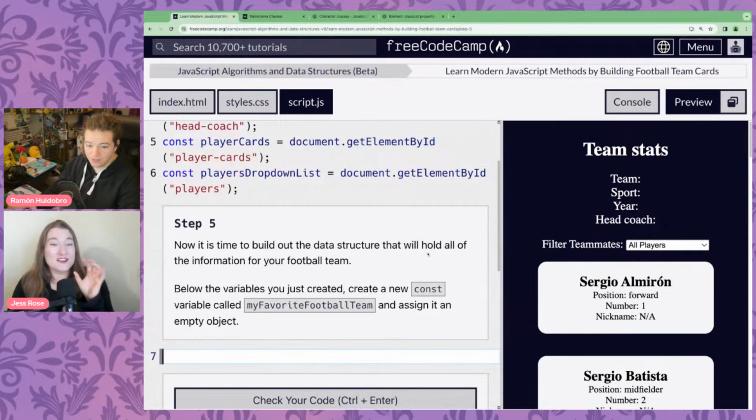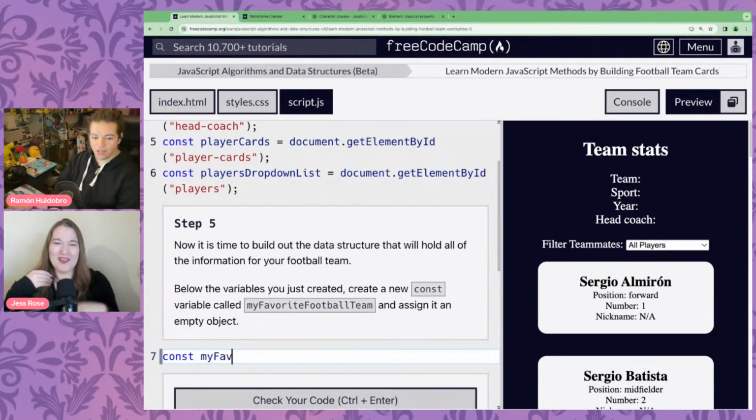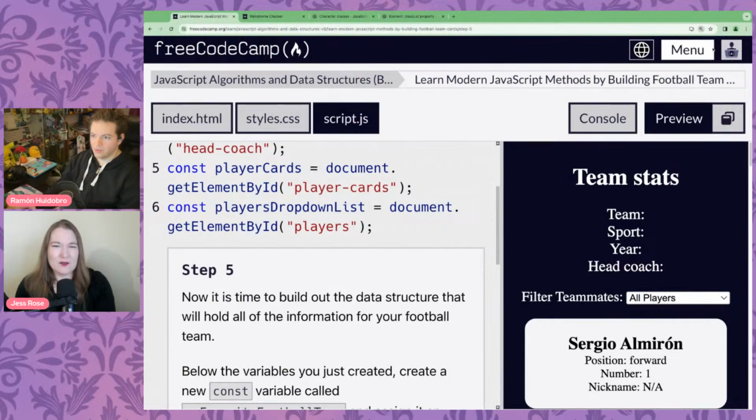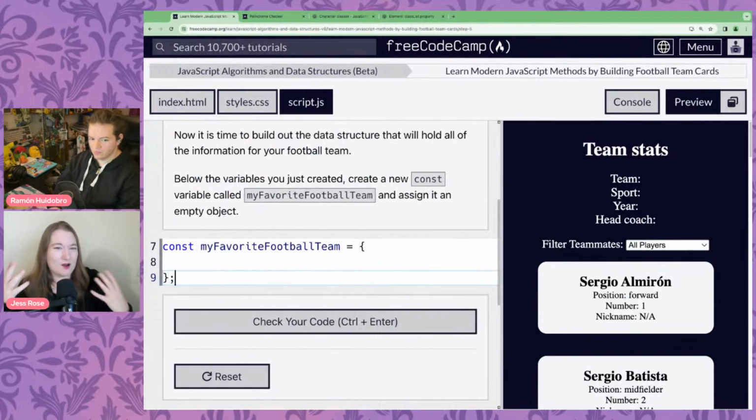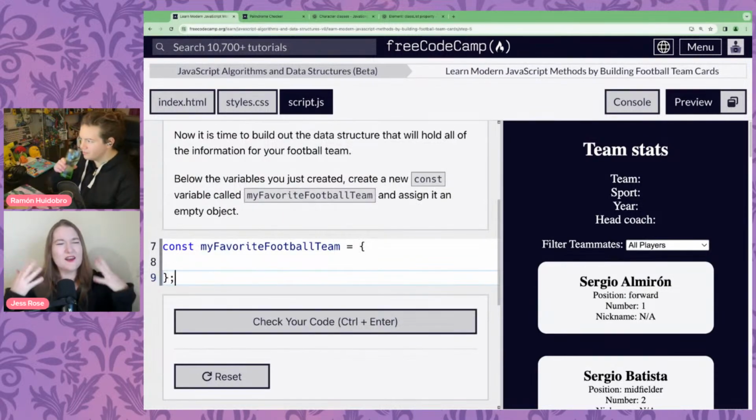Okay. We're going to build the data structure. Is this the first time we've talked about data structures? As a concept, I think. Yeah, but we've worked with them before. So what it means is we're going to make an object. Correct, and an object is a data structure. And let me go and grab an